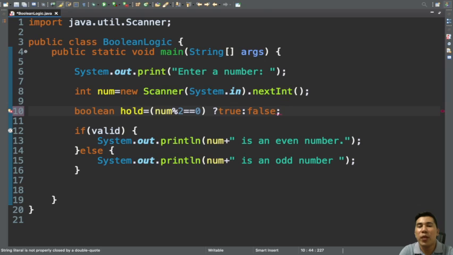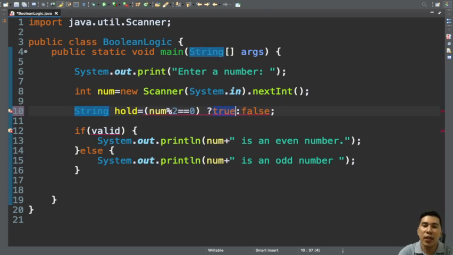But you don't have to, because again, Boolean automatically gives you true or false results. So since we use a string, we can do something like this one. So num,